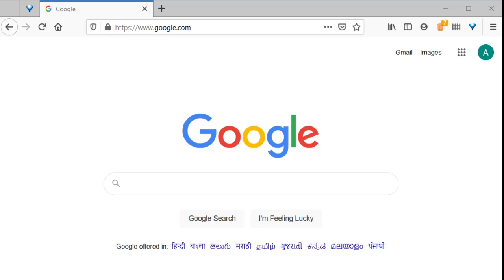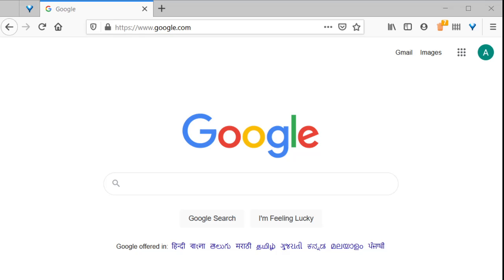Once you geotag your business or your store or your business location, it will appear in the Google search, so people around you can find it in Google search or in Google Map search. Now let's see how to do the entire process. I'll show you how to geotag your business.